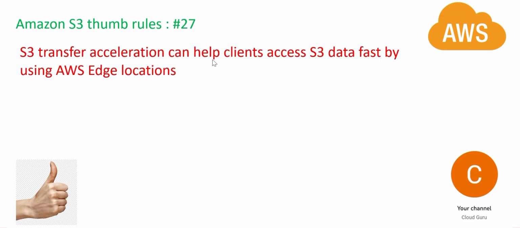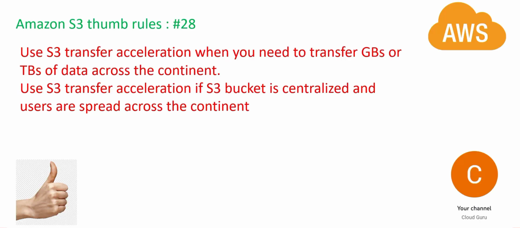How? Using edge locations. Now, instead of this blue box being your network, your internet, these are edge locations. What it means is, there are edge servers, edge locations created by AWS. Instead of traffic flowing through the internet, it will traverse through these edge locations. And these are dedicated lines which AWS has. So no interruption, no one else is accessing it. It's not the internet, it's just dedicated to AWS. That's why it is fast. But it is costly, it is expensive.